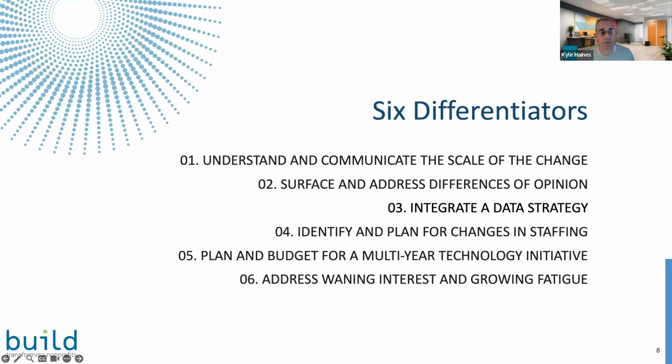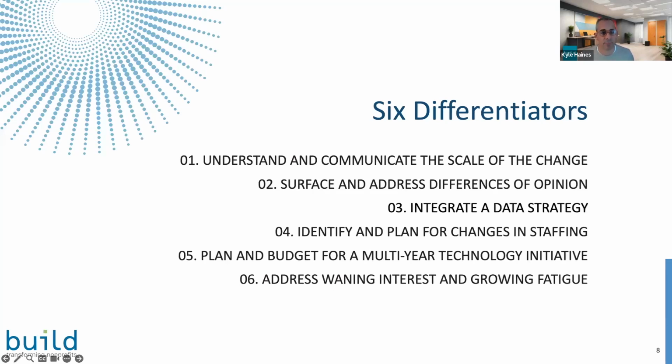The first thing I want to talk about today is the importance of understanding, when you're taking on a project like this, what does the change actually mean? How large of a change are we really talking about? The second thing we're going to talk about is how to identify your colleagues that are perhaps really excited about this project, people who are perhaps excited but nervous, and those who might have fundamental questions about the wisdom of